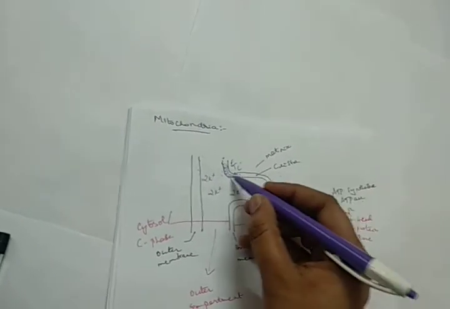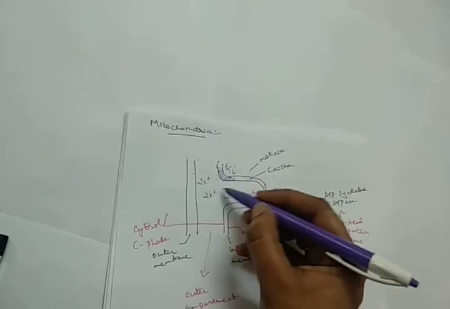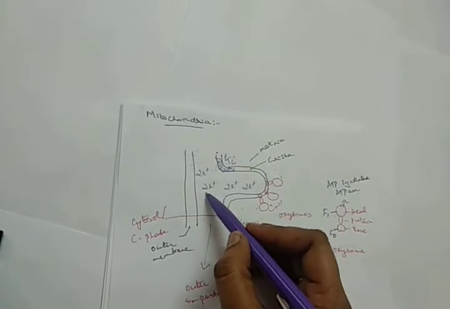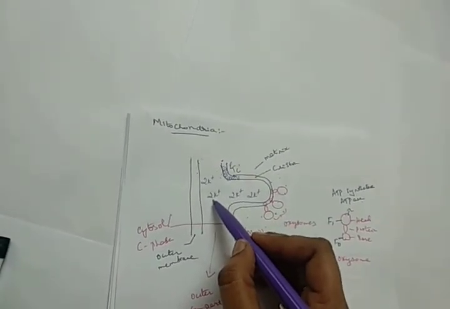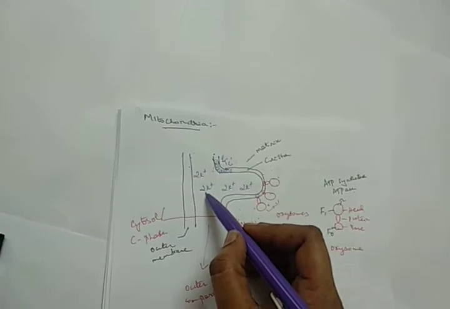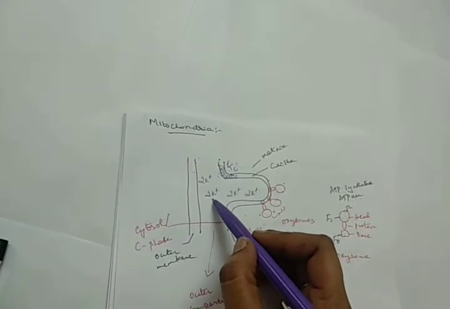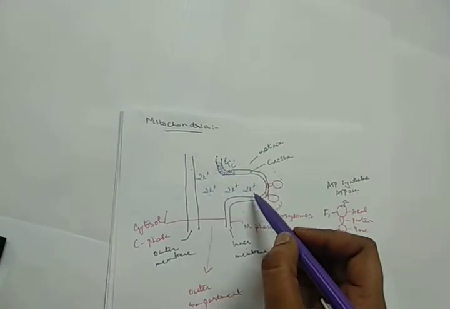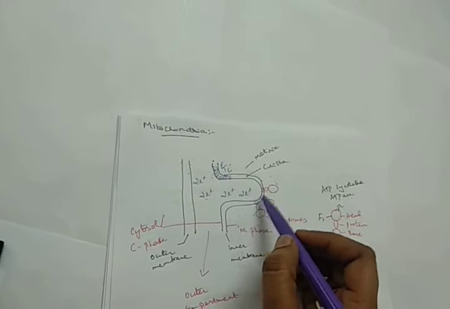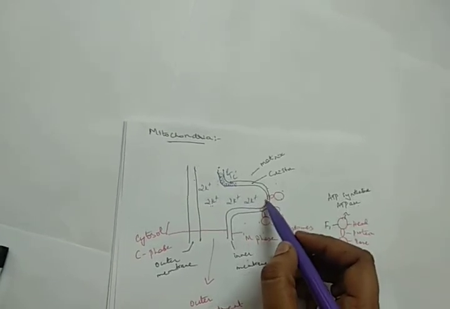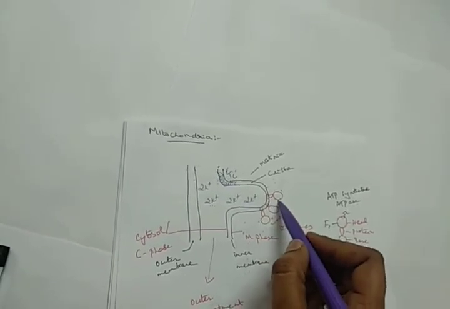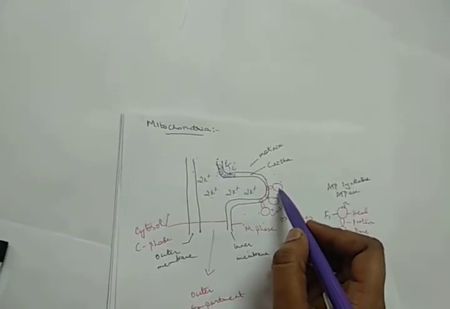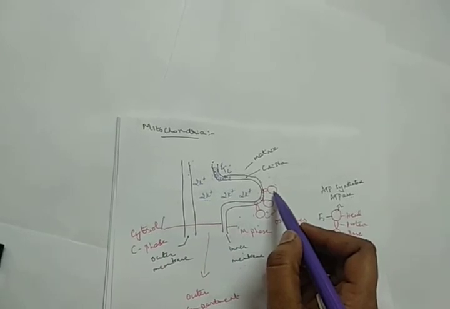It is going to pump certain protons towards this outer compartment region, and these protons are the ones considered to have high energy levels. These high energy protons are going to go outside through certain particles. What are those elementary particles? That is the oxysomes. Only through these oxysomes can they go outside. They cannot go outside through any other region.